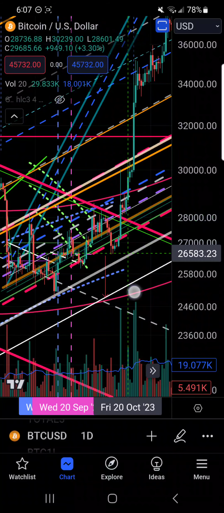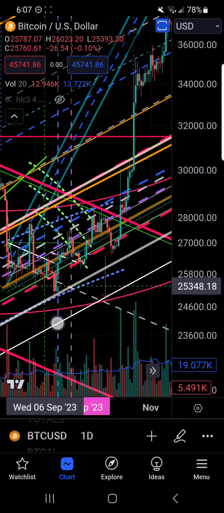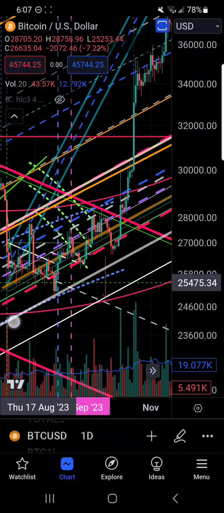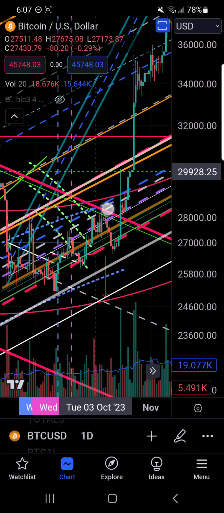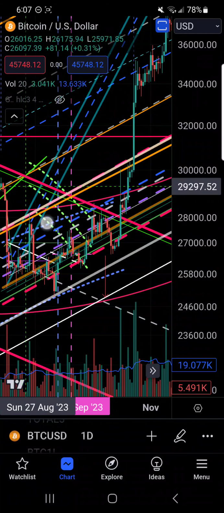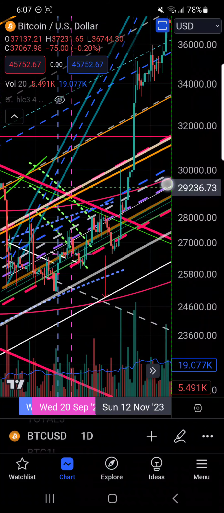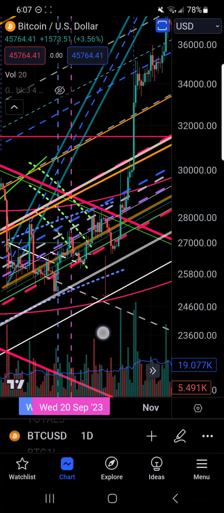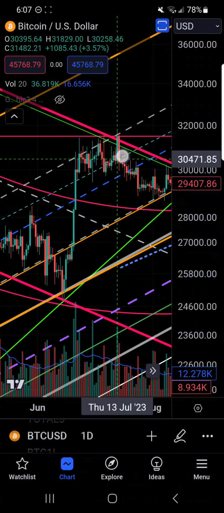Now, what was going on back here, we had been traveling between the mean band of the weekly Gaussian channel marked by this red curved line here on the bottom and the top of the weekly Gaussian channel marked by this red curved line right here. We had been consolidating there for a long time over the whole summer. We had broken out above it here,